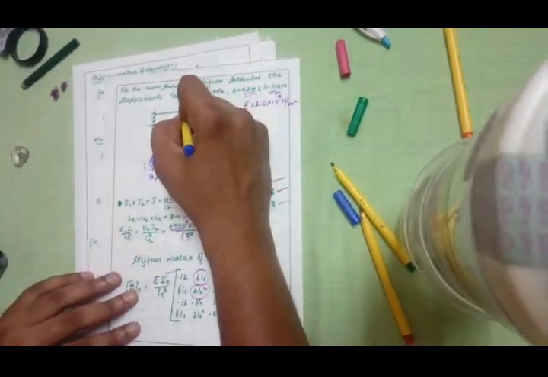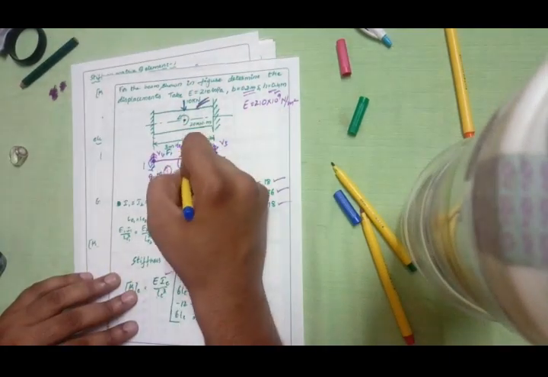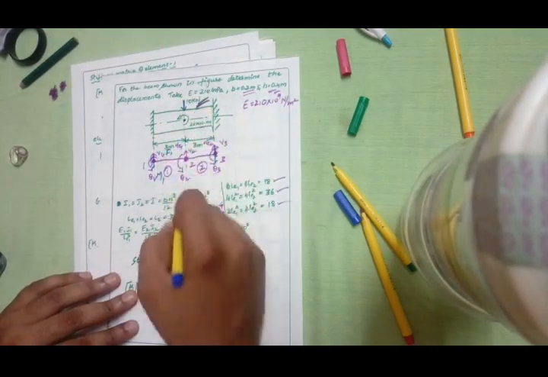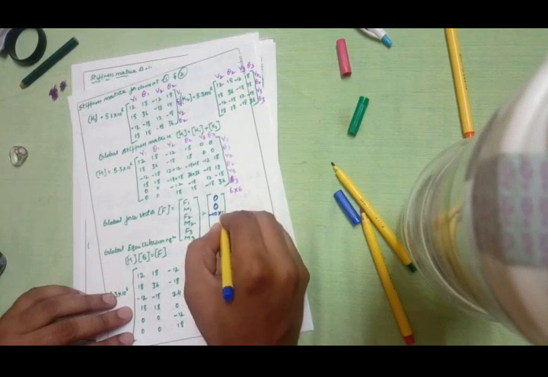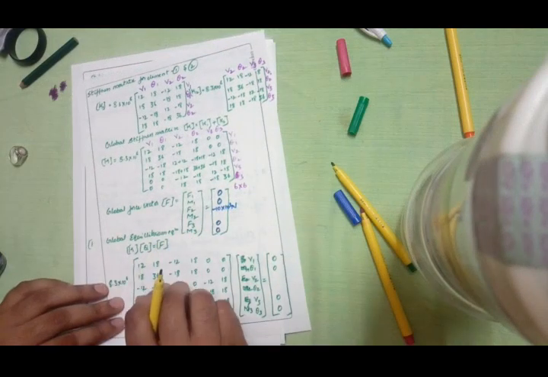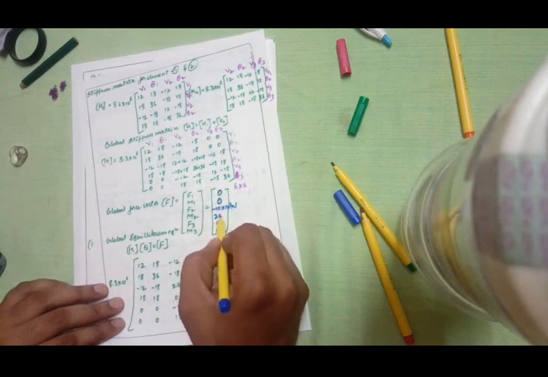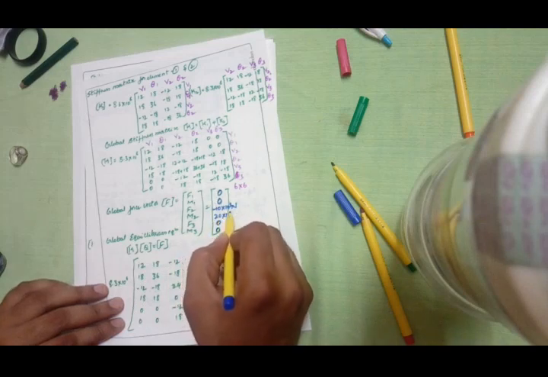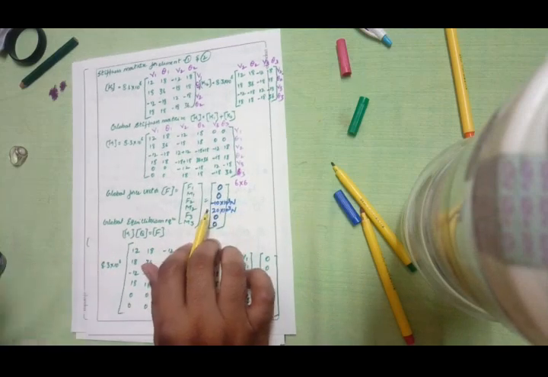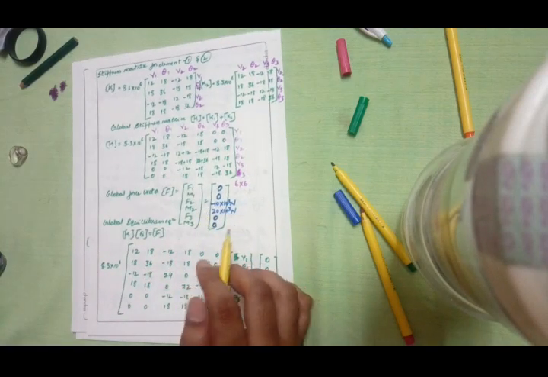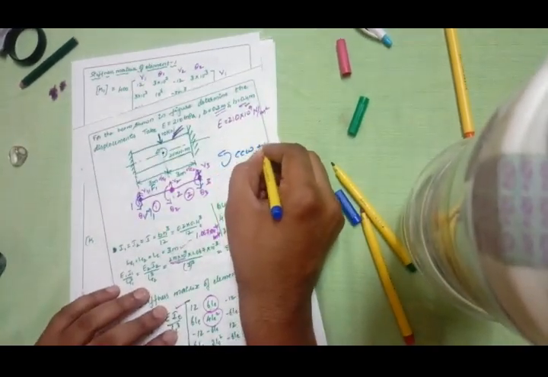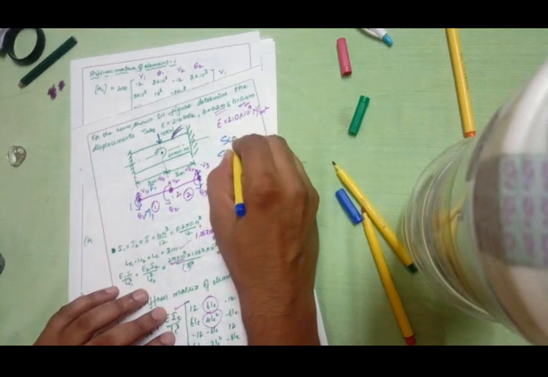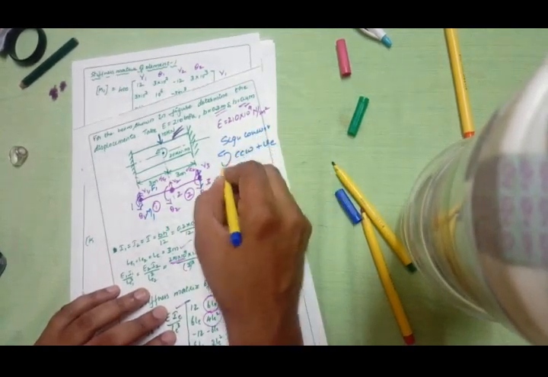Now look at this. At node 2 you have a force of 20 kilonewton, which is acting in the opposite direction, the negative y direction. So I'll take the sign convention as minus 10 into 10 power 3 Newton, and M2 is also 20 into 10 power 3 Newton. You may ask, have I taken it positive? Yes, I have taken a positive value. Whenever the moments are in the counterclockwise direction, it is positive. That is a sign convention. What is a sign convention? Whenever a moment is